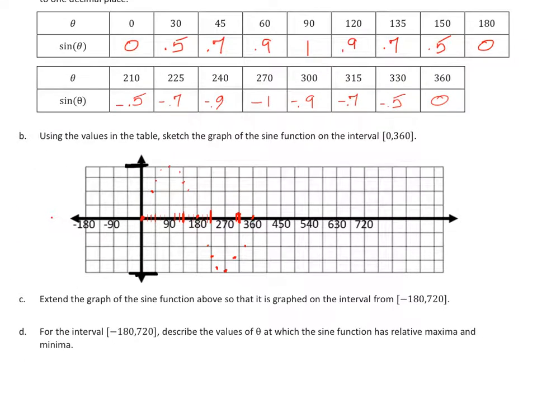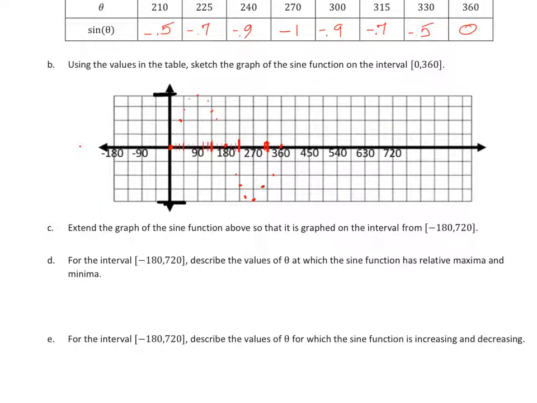Okay, that completes the requirement for part C, I believe. No, that's part B, from 0 to 360. But C is to extend the graph of the sine function so that it is graphed on the interval negative 180 to 720. Okay, we can create this without having to do all of these points in between. We don't have to create another table to 720. We don't have to create one back to negative 180. All we need to do is follow what we've done so far,